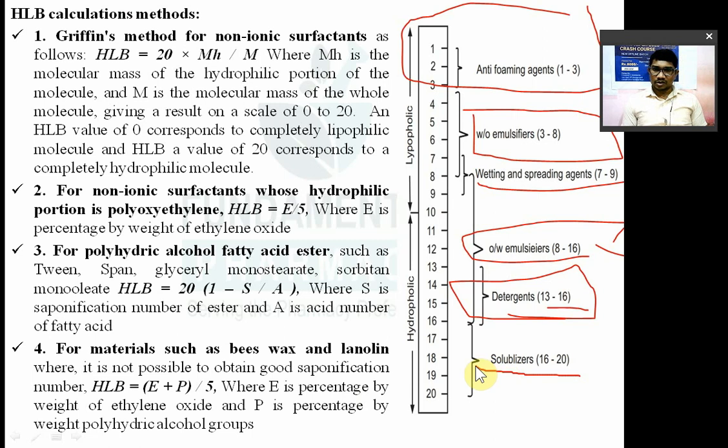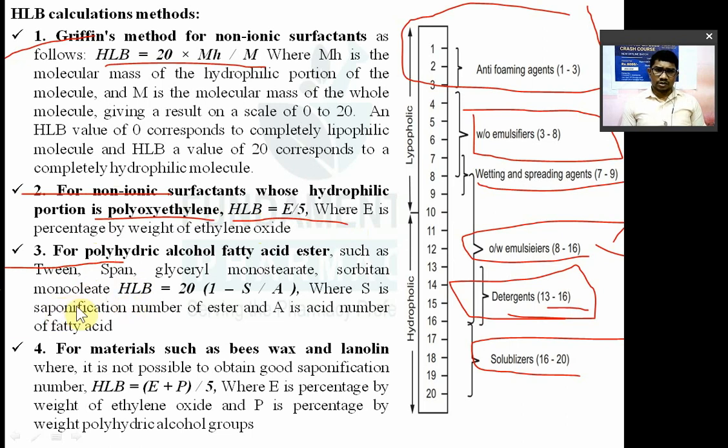Different methods for calculation of HLB scale. HLB value of non-ionic surfactant is calculated by this method: HLB = 20 into mH divided by m. For a non-ionic surfactant whose hydrophilic part is polyoxyethylene, the HLB value is calculated by using E divided by 5. What is E? Percentage by weight of ethylene oxide. Then for polyhydric alcohol fatty acid esters, the HLB value is